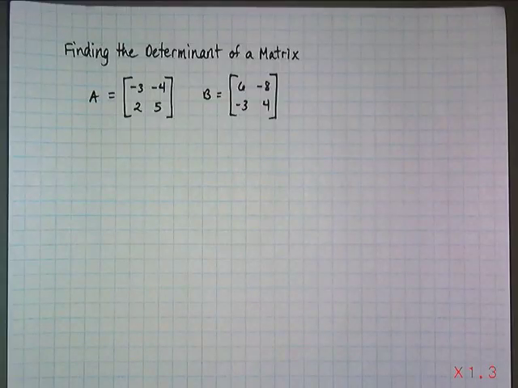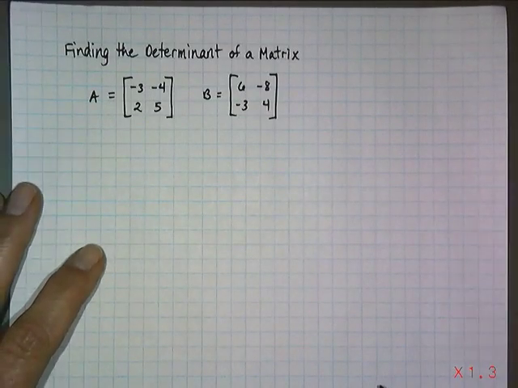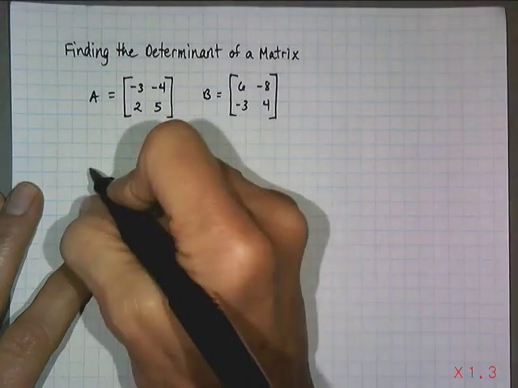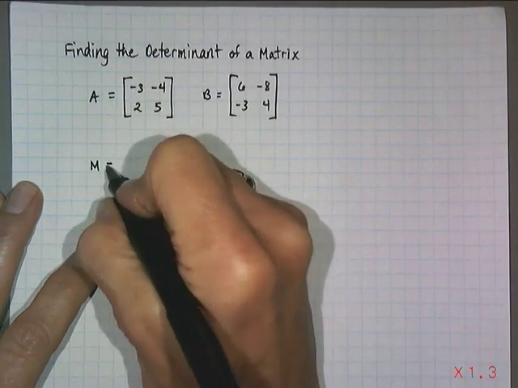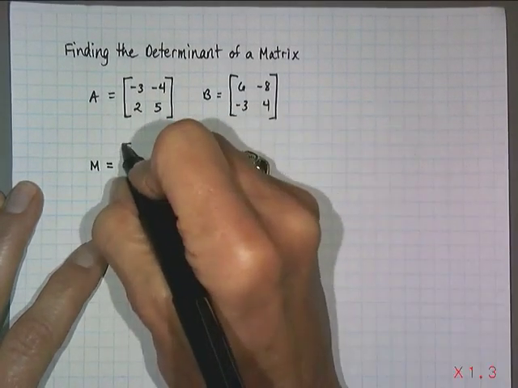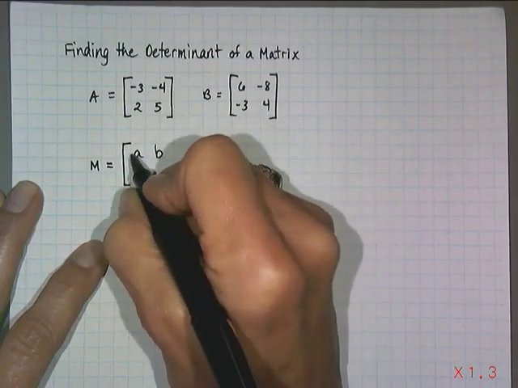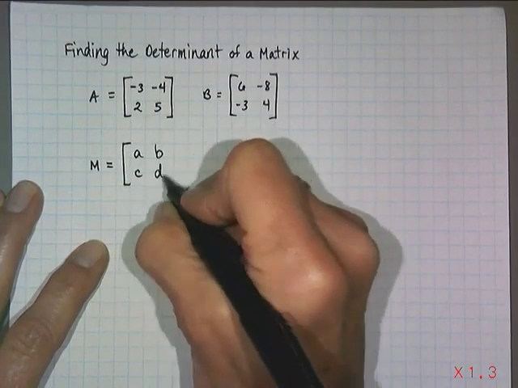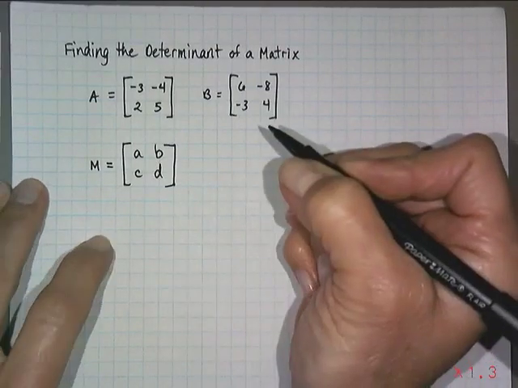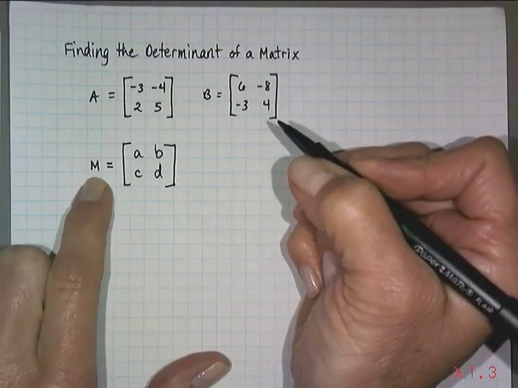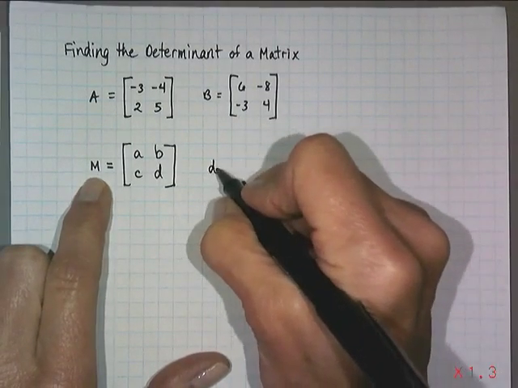In this video, I'm going to teach you how to find the determinant of a matrix. Now let me remind you that the matrices that we are working with are 2 by 2 matrices that have 4 elements, A, B, C, D. So if I'm talking about finding the determinant of a matrix, let's call this one matrix M, I might write